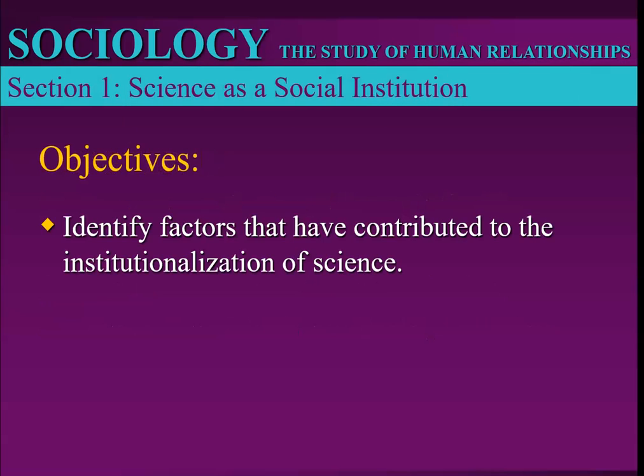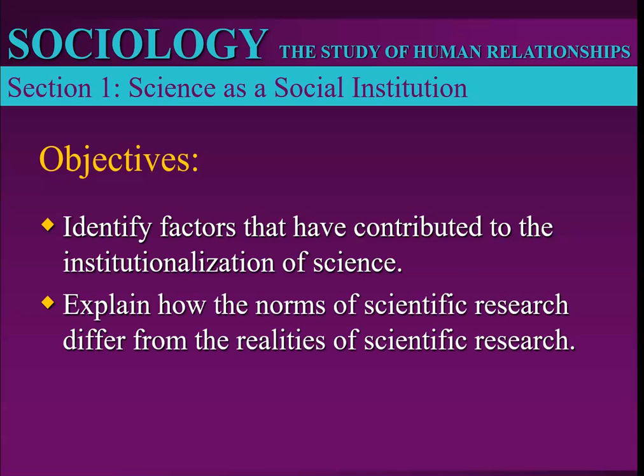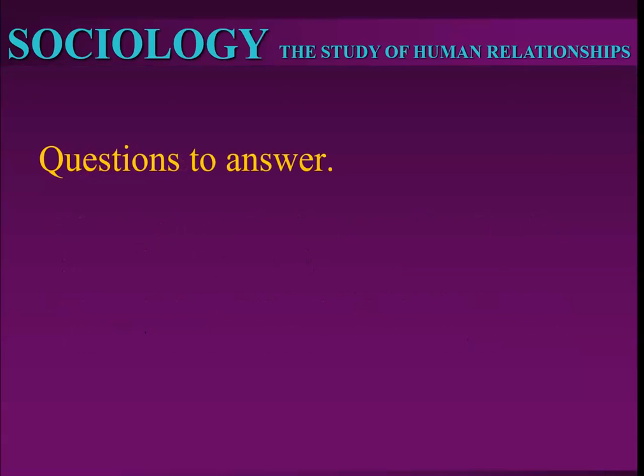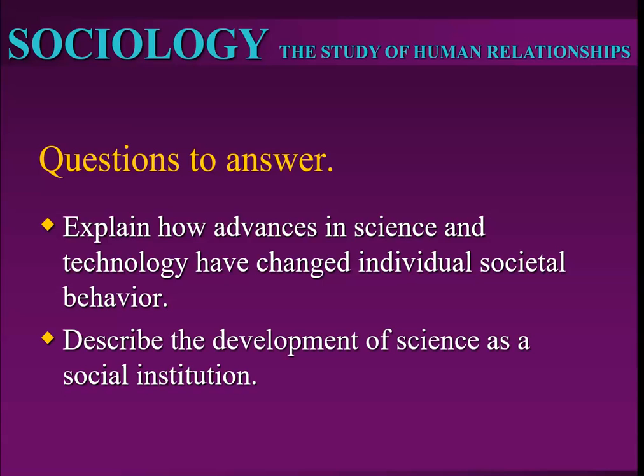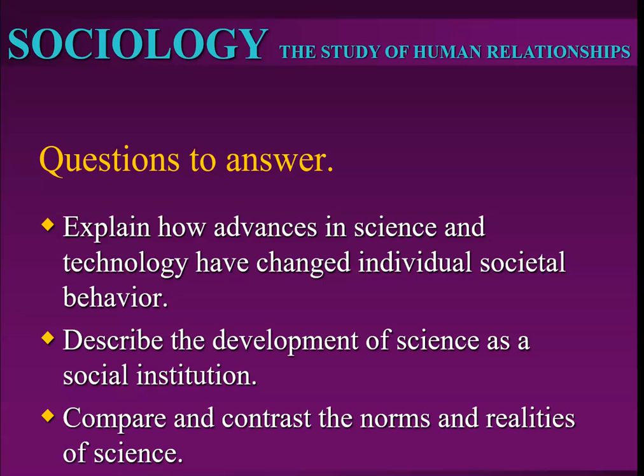Our objective for Section 1 is to identify the factors that have contributed to the institutionalization of science and explain how the norms of scientific research differ from the realities of scientific research. So, for this section, you will explain how advances in science and technology have changed individual and societal behavior. Then you'll describe the development of science as a social institution, and then you'll compare and contrast the norms and